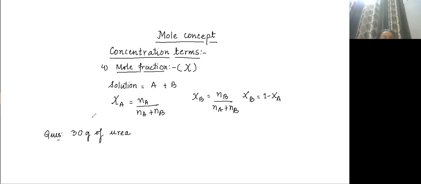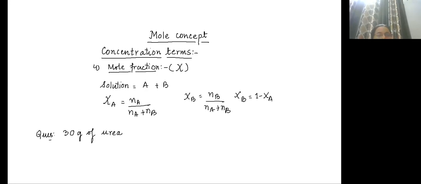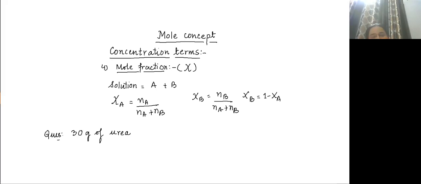What is the molecular formula of urea? Correct, urea is NH2CONH2. 30 gram of urea is dissolved in